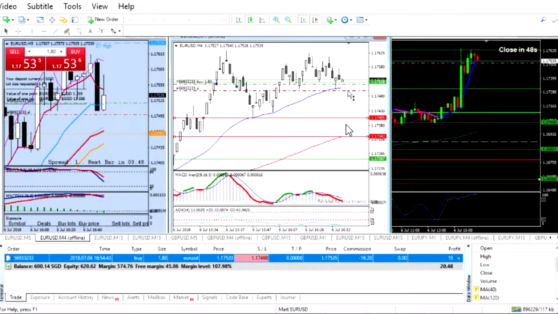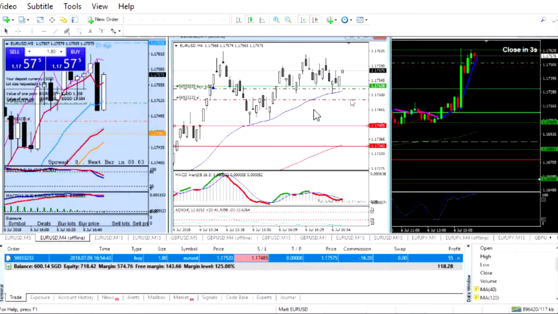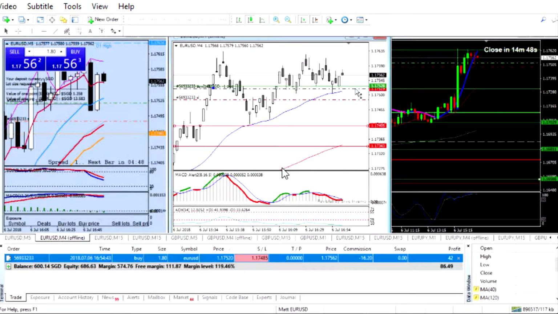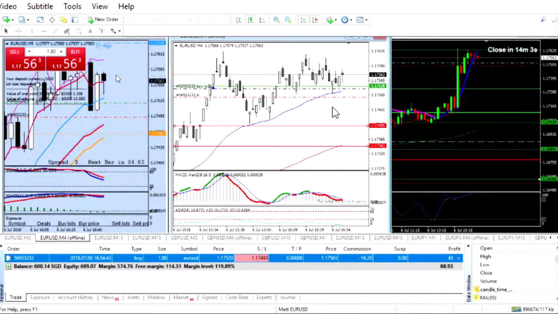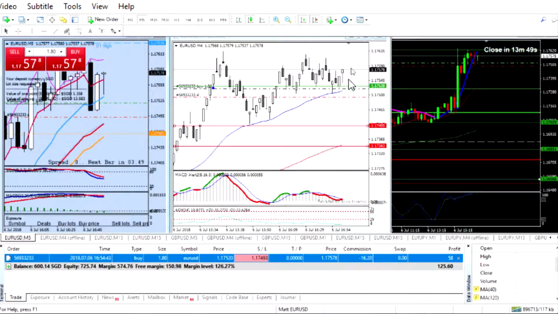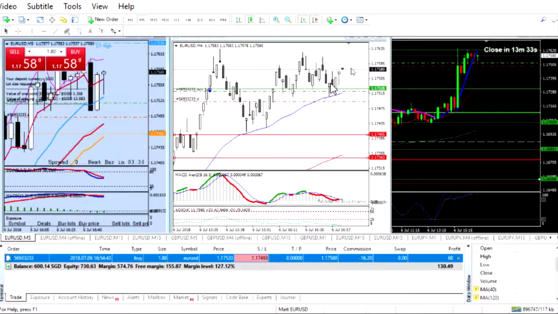One of the good indications to tell me that buyers are in play for the day is when I see the MA40 giving good space between the MA200 and the MA40. So there's good space here that tells me that, hey, buyers are really in control of this market at this moment. So the risk here that I defined also went into a point of note that I went in on